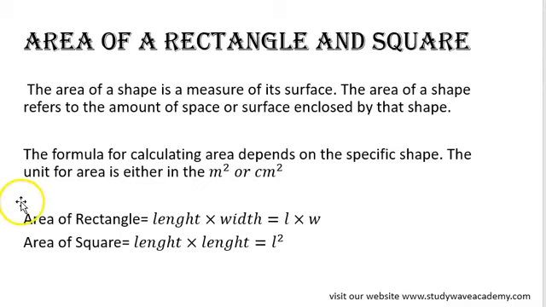Okay, so the formula for finding the area of the rectangle is length times width, which can also be L times W. Okay, and the formula for finding the area of our square is length times length, which is length square. Okay,